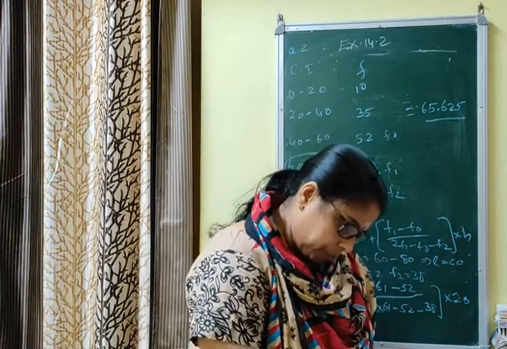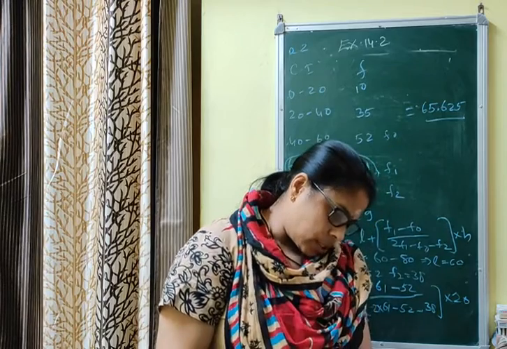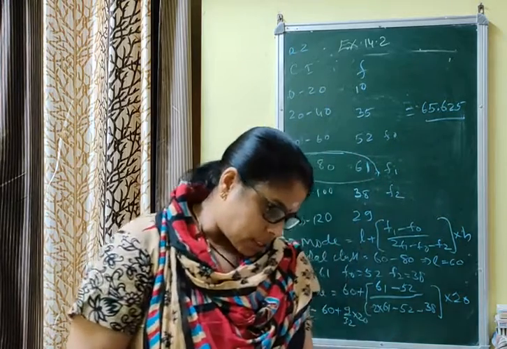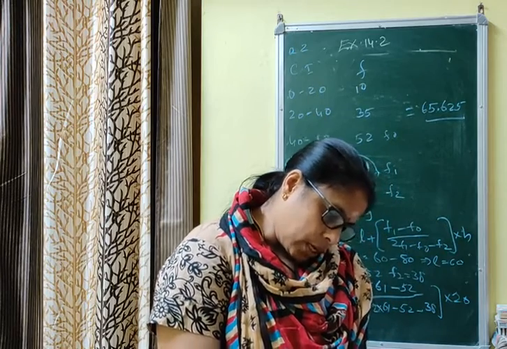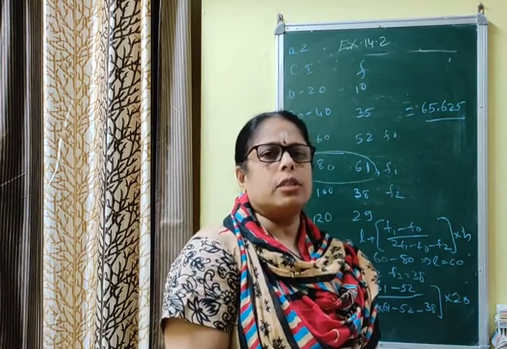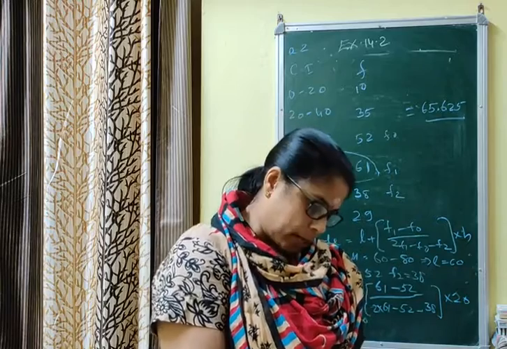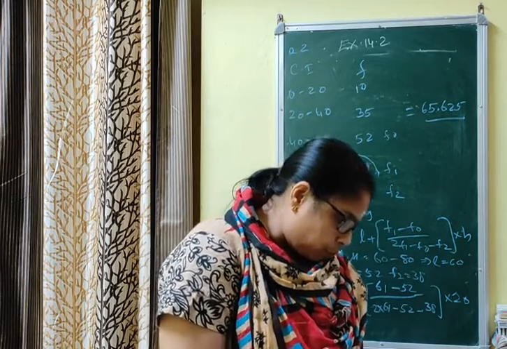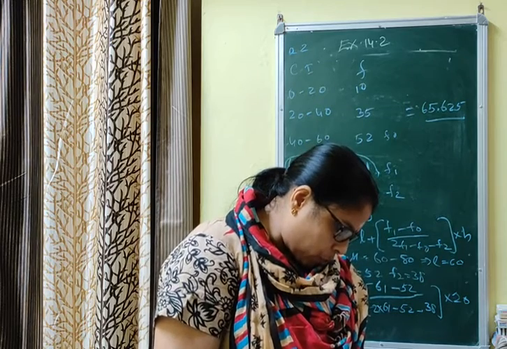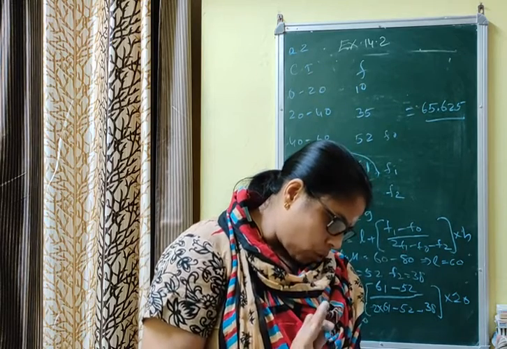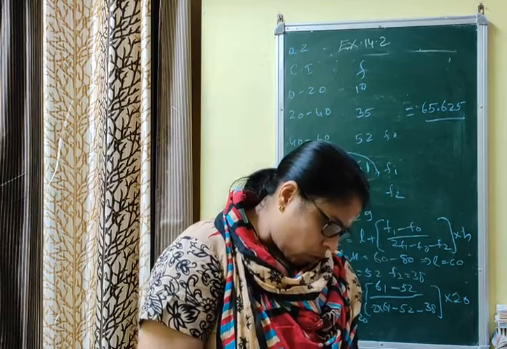There are a total of 6 questions. 2 questions we have done. In question number 3, you are asked to find the mean as well as the mode. If you feel it is better to use the direct method, you can do it by the direct method. For the 4th question also, you are asked to find mode and mean. In the 5th question, you are asked to find only the mode, and in the 6th question only the mode.